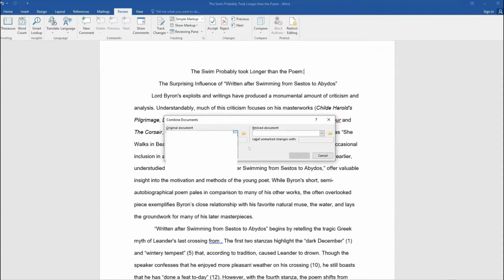Then you'll find the documents. You can use these drop-down arrows. I'm blurring the results for student privacy purposes, but the recent files you've opened have been in there, or you can use the little folder and find them how you would any sort of file. So these are two papers from me. The first paper is the original, so you want the original document in the left and the revised or final